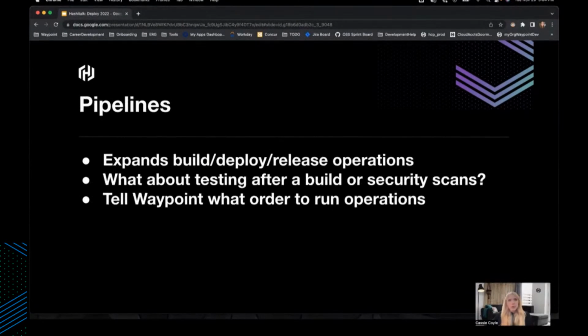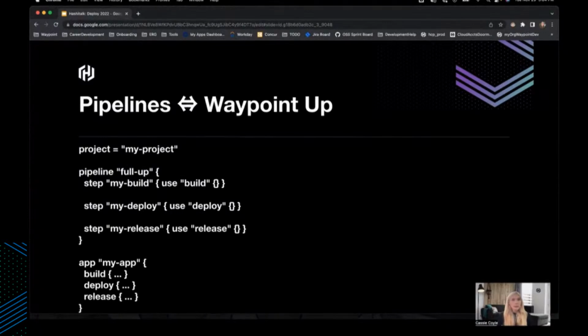You know, I did some Googling and came across pipelines. It is a newer feature on Waypoint, and it expands the build, deploy, release operations. So if you think about what about testing after a build or running security scans? Using pipelines, I'm able to tell Waypoint what order to run operations. So for example,